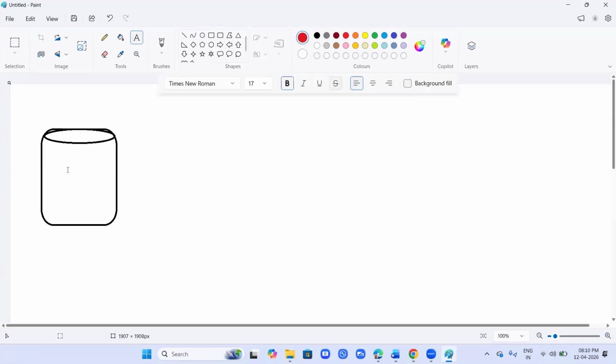This is AWS S3. Here we have a bucket. Inside a bucket, we will create a folder. Inside the folder, we are going to place a file. Okay. Then we will use